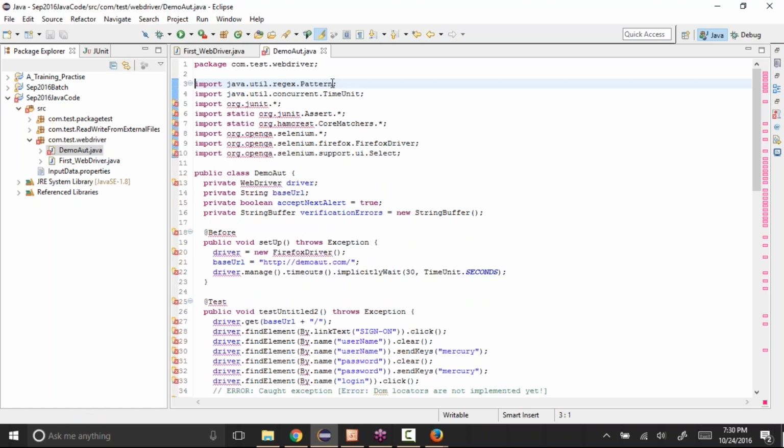Okay, and save it. Now if you see here, there are a lot of errors. It's not able to understand what org.junit is, it's not able to understand what WebDriver, @Before, FirefoxDriver are. Because it's JUnit, for our code, or Java, to understand what JUnit is, we need to have